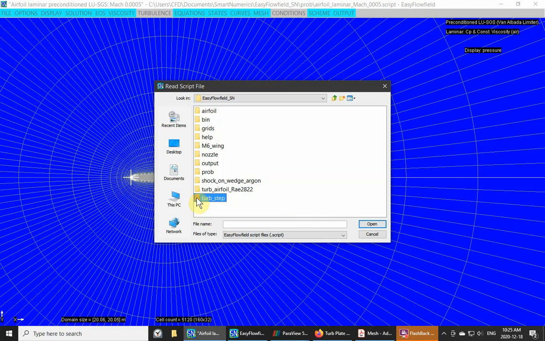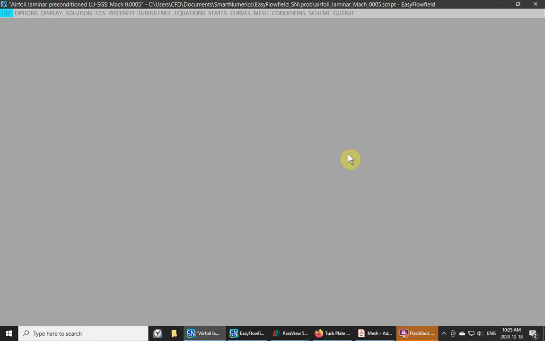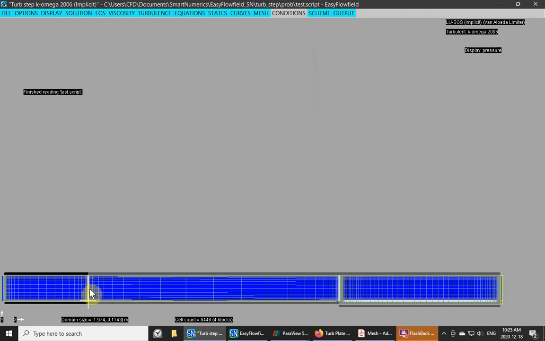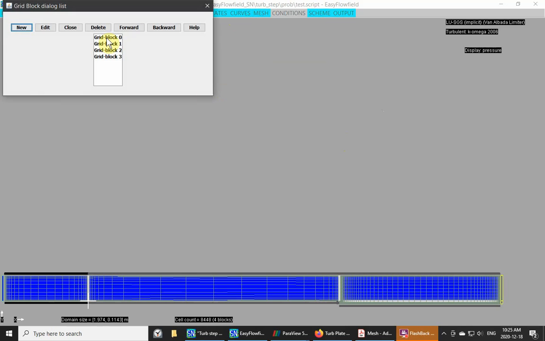The first simulation involves turbulent flow around a backward facing step. This is a 4-block grid. The blocks are created internally by EasyFlowfield,